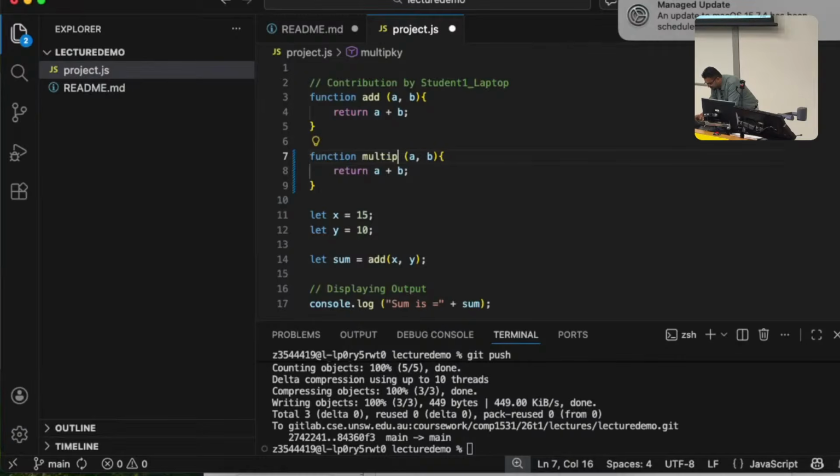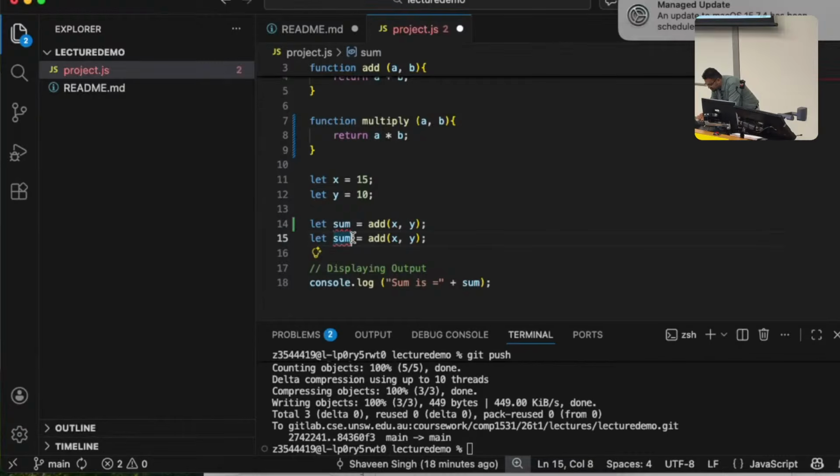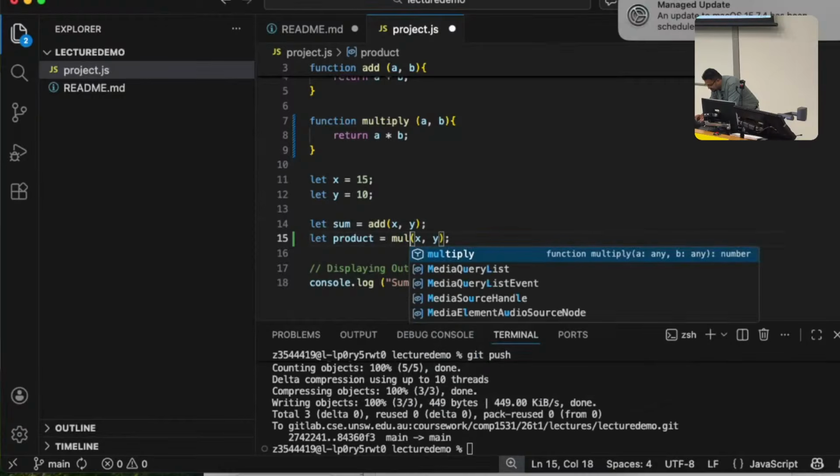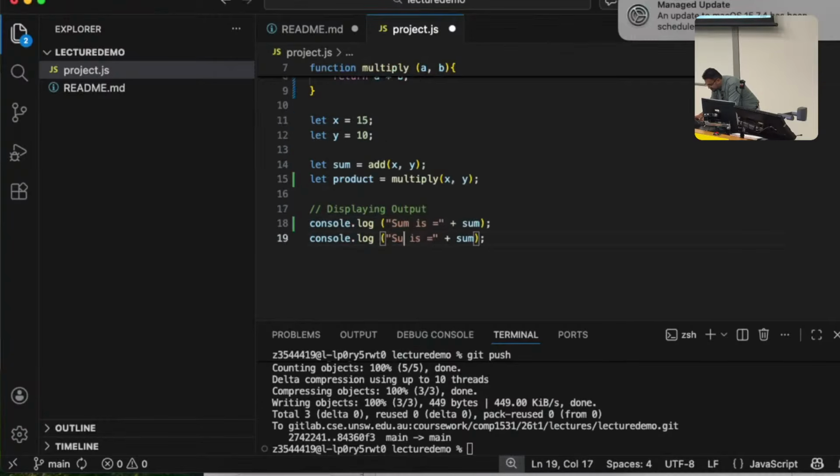Right, multiply, and then A times B. Okay, you are in your own world, and then you do multiply is product. So multiply, and then you display that. Product is